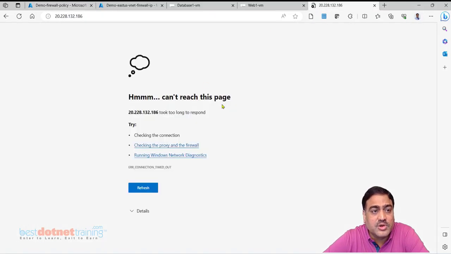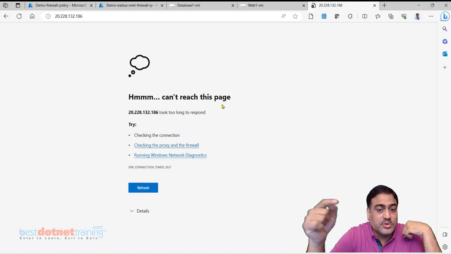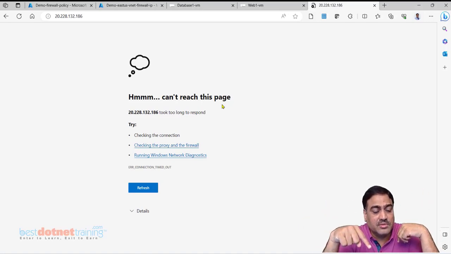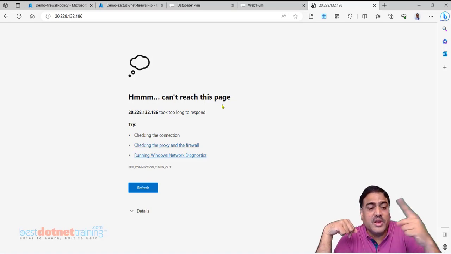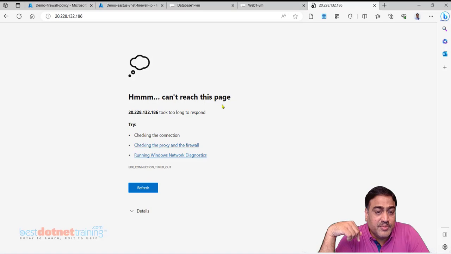So how is it going to work now? My request doesn't go to web1 VM. My request goes to the firewall, the public IP address of the firewall. Firewall will send the request to the web server, web1 VM. Web1 VM will generate the response to the firewall. Firewall will generate the response to the machine which is on the internet, let's say my machine.